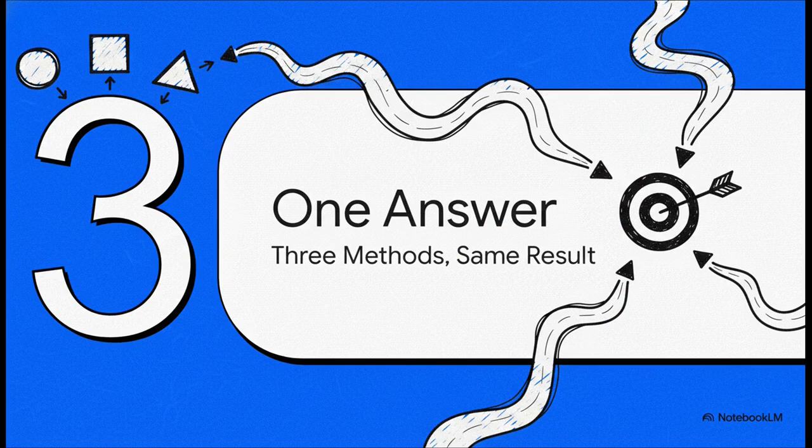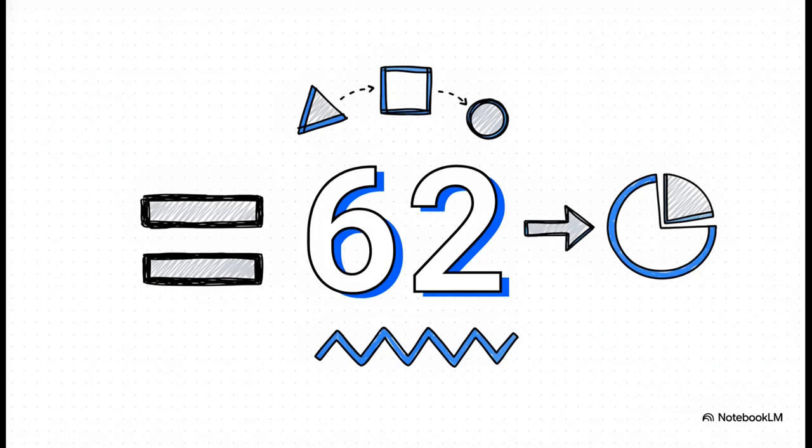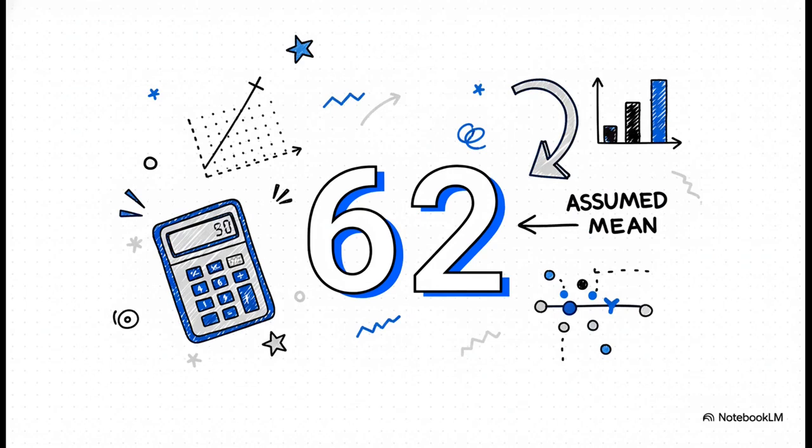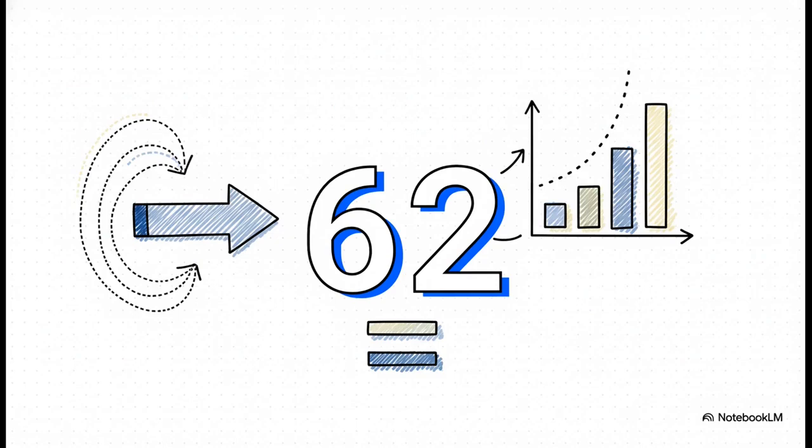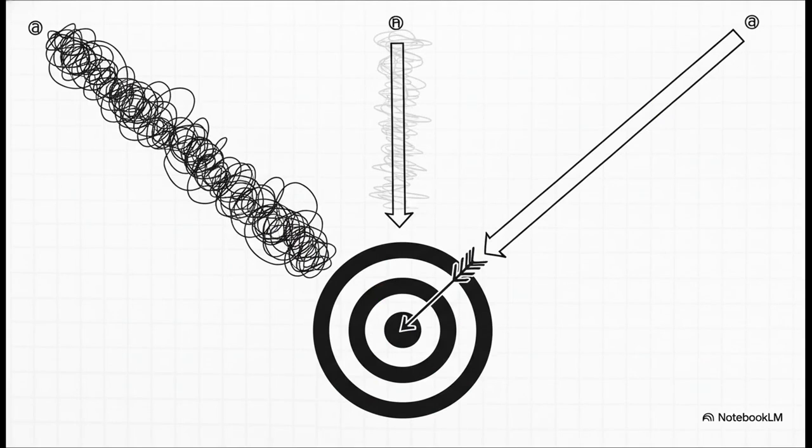सो इस सब से हमने क्या सीखा? हमने देखा कि रास्ते अलग अलग हो सकते हैं, पर मंजिल एक ही है। देखो, चाहे हम डायरेक्ट मेथड यूज करें जिससे आंसर आता है 62, या हमारा पहला शॉर्टकट अज्यूम्ड मीन मेथड, उससे भी आंसर 62, या फिर हमारा प्रो लेवल शॉर्टकट द स्टेप डिविएशन मेथड, तीनों से ही आंसर आता है एग्जैक्टली 62। तो द मेन टेक अवे ये है कि फाइनल रिजल्ट हमेशा सेम रहेगा। फर्क सिर्फ कैलकुलेशन के प्रोसेस में है, जर्नी में है। ये तीनों मेथड्स अलग अलग मैथ्स नहीं हैं, ये बस एक ही प्रॉब्लम को सॉल्व करने के आसान और स्मार्ट तरीके हैं।